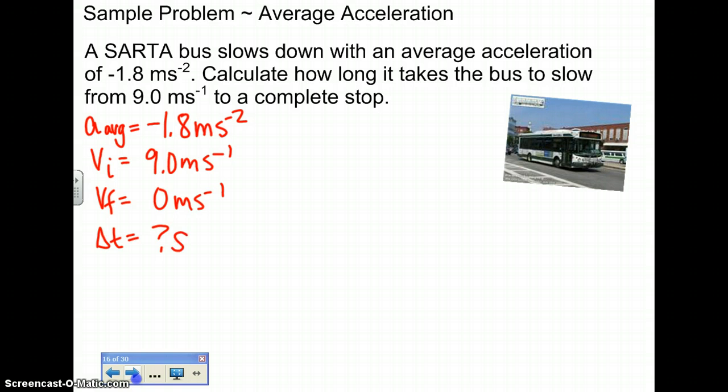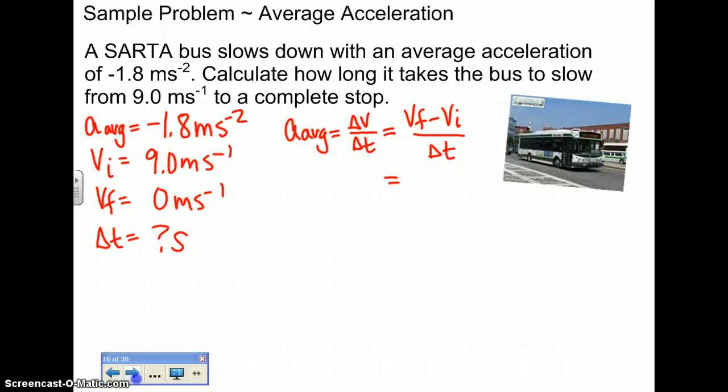The original equation that I gave you is a average equals delta v over delta t. But look guys, look at your givens. You don't have a delta v, but you do have a final velocity and an initial velocity. So this is the equation that you really want to use. Okay, so now plugging in,